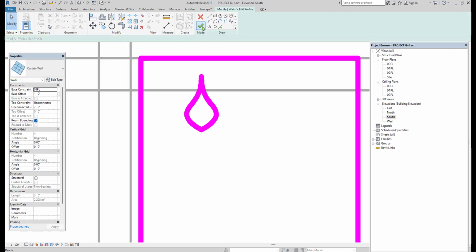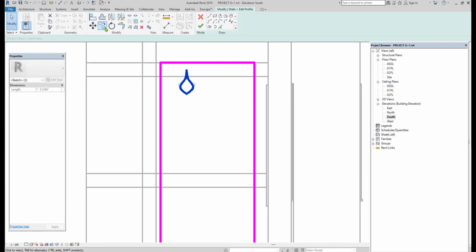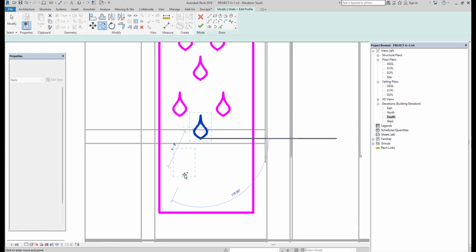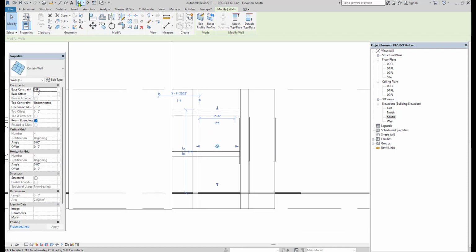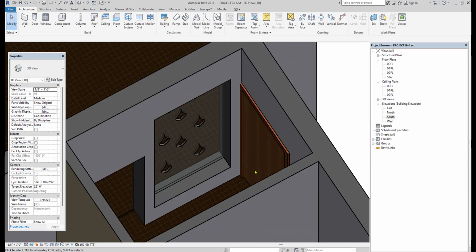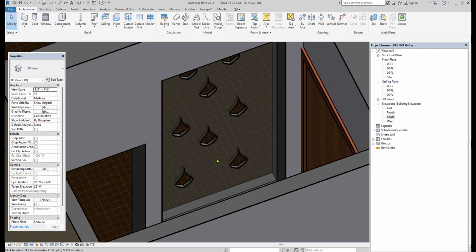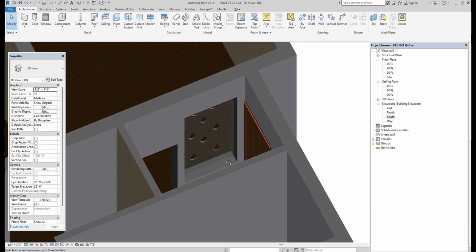If it is done, again I just click on the edit profile. I want to copy this multiple times. For that I am clicking on the copy option. Make sure your multiple option is on and then depending on your idea you just go on arranging this shape to make it a design. Next I am just closing it and then go to the 3D view. So in this way you can do the partition wall by using the simple curtain wall, or else you can add the curtain grid and then boolean also depending on the requirement.